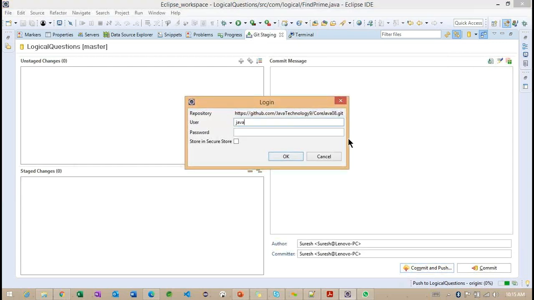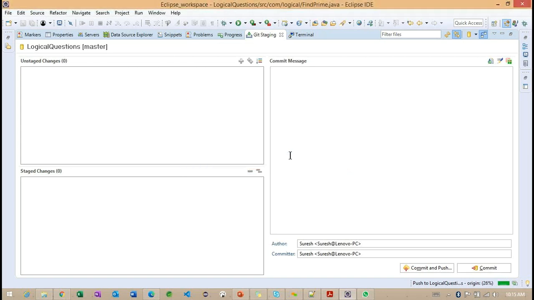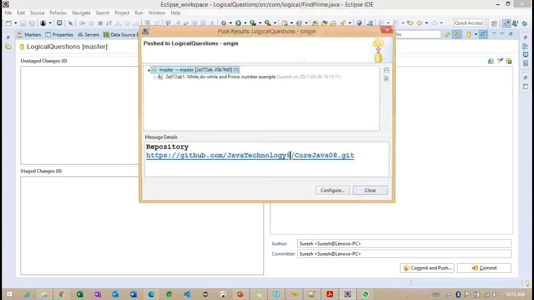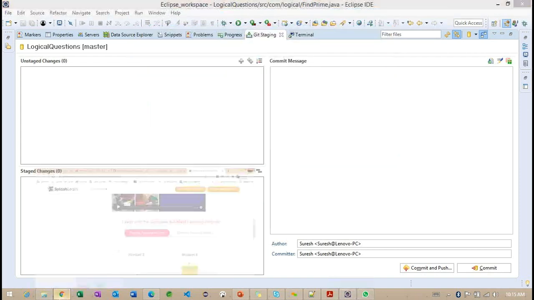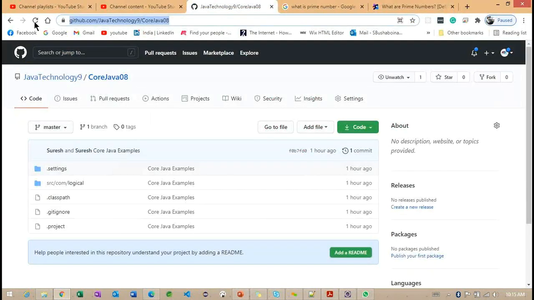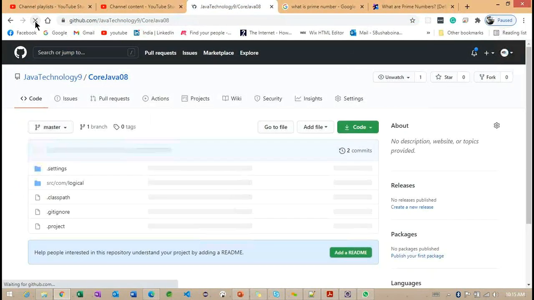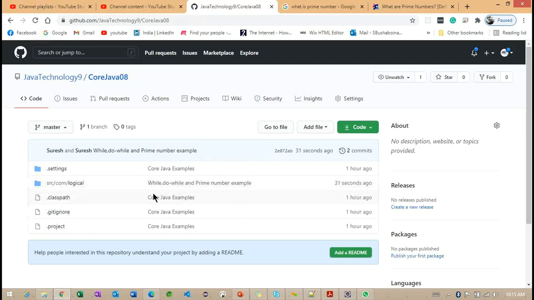So these three classes are also going to be available in the particular repository. Okay, it is successfully added. So while and do while, and the prime number example here.